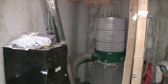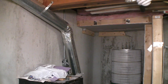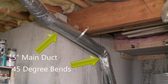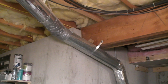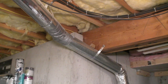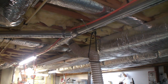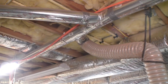Right? We decided to go with a 5-inch main duct. This was the largest duct size that could fit on the dust collector without any additional modifications. And you'll also notice that the bends that we've installed are 45-degree bends. This is critical so that you do not reduce or restrict your flow. Now you can see as we continue, with the exception of the really bright lights, 45-degree angle junctions, including Ys, you can see here. And you can see one of our mistakes